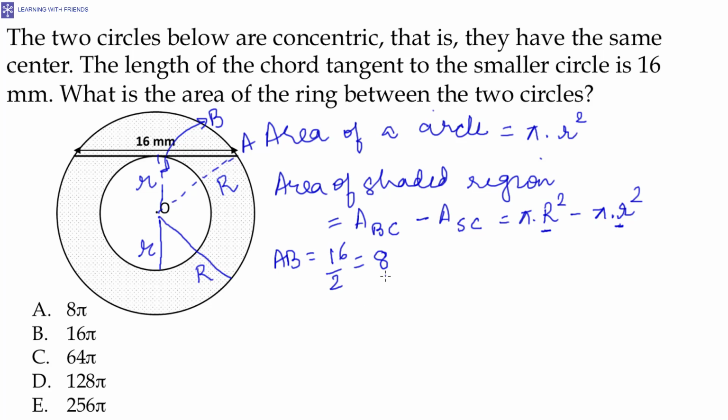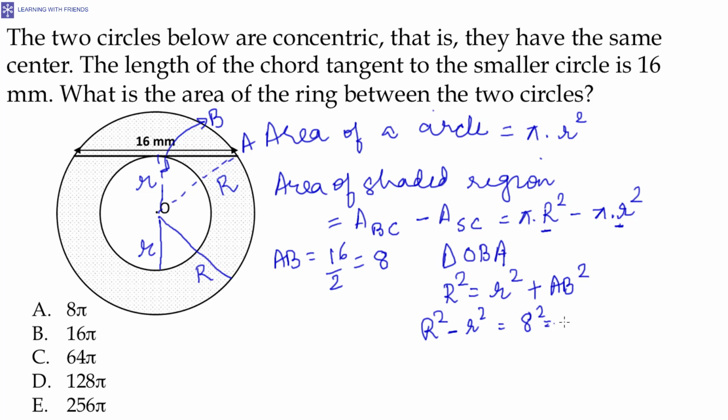So if we were to apply Pythagoras theorem, what triangle are we looking at? Triangle OBA, which is a right angle triangle, and we are applying the Pythagoras theorem here. Then capital R squared, because capital R is the hypotenuse, is equal to small r squared plus AB squared, because these are the two smaller sides. Now AB we just saw is 8. So capital R squared minus small r squared would be 8 squared, which is 64. And if you notice, this is exactly what we needed,